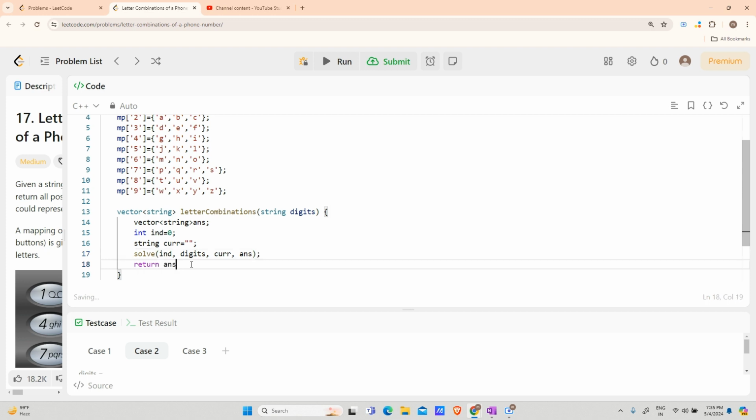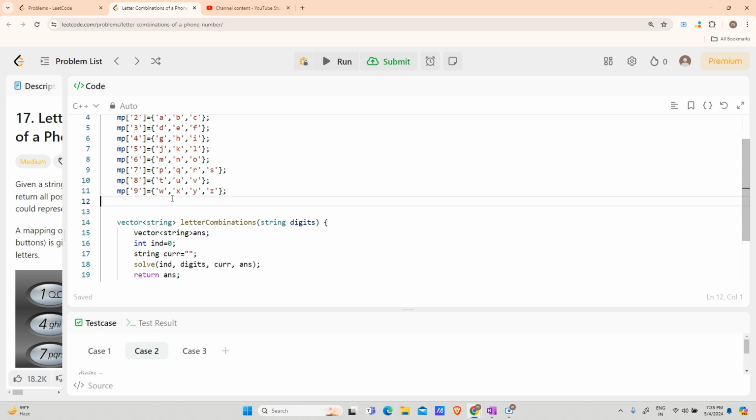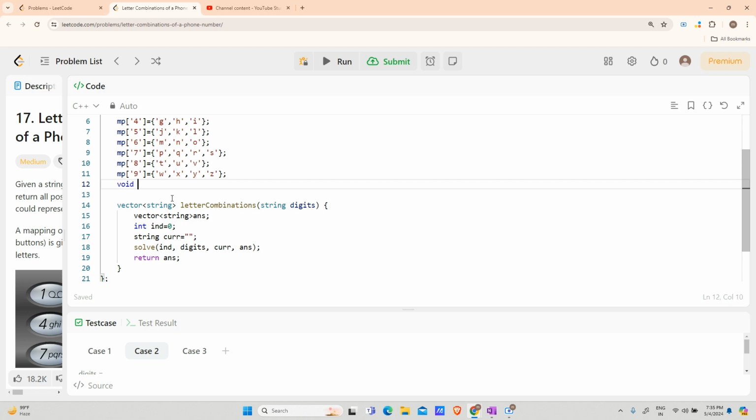After returning, I will return my answer. This means I'm sending my answer by reference. I'm sending my answer by reference. This is quite an important point to note down here. Okay, so void solve, taking my index, taking my digits, which was the given input to me, and taking my